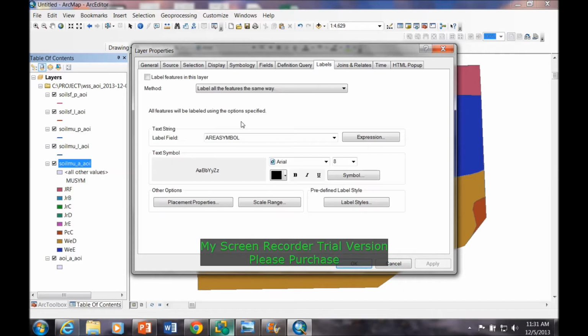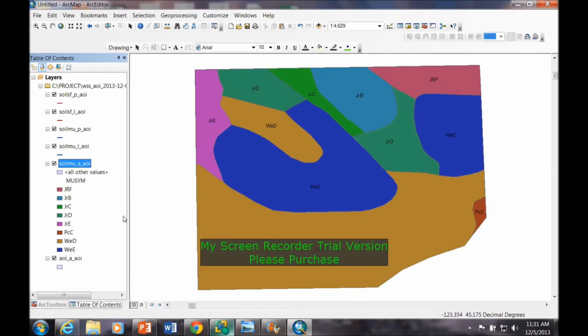And if we want them to show up with a label, we can also throw that in there. Makes it look pretty nice. So that's how you get the basic spatial image. And where it gets difficult though is to get the tabular data out of the soil map you download from